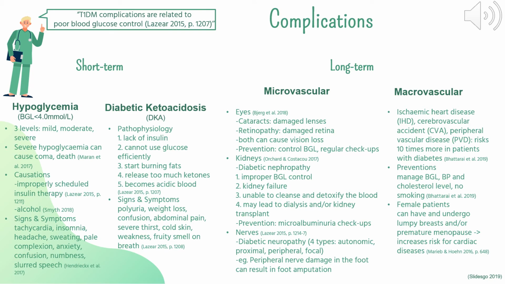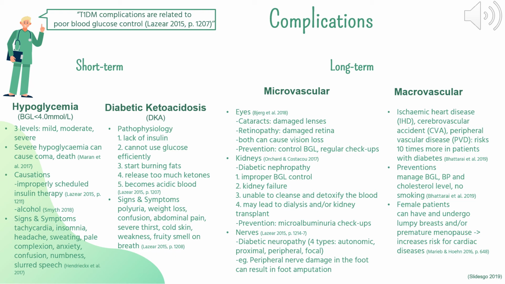Complications of type 1 diabetes are all linked to inefficient blood glucose management. There are short-term complications and long-term complications. One of the common short-term complications associated with type 1 diabetes is hypoglycemia. There are three levels: mild, moderate, and severe. And severe can rarely cause a coma and even death, so early